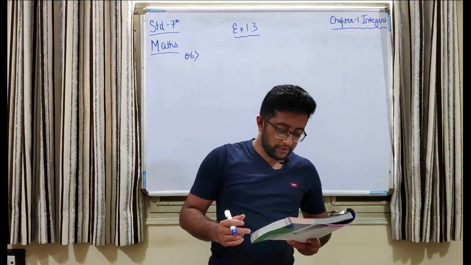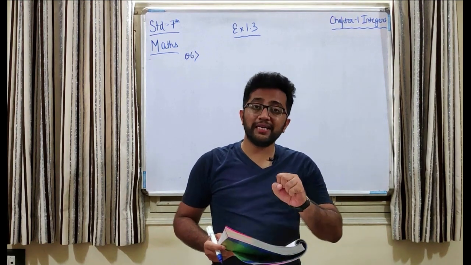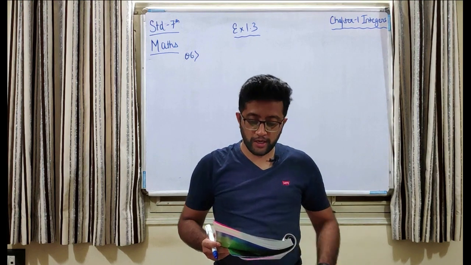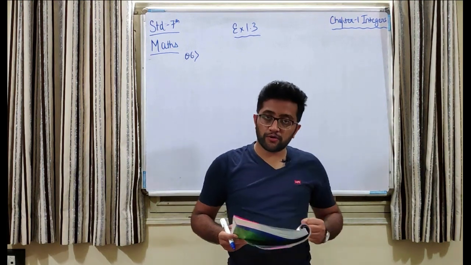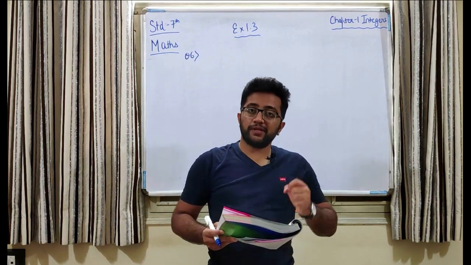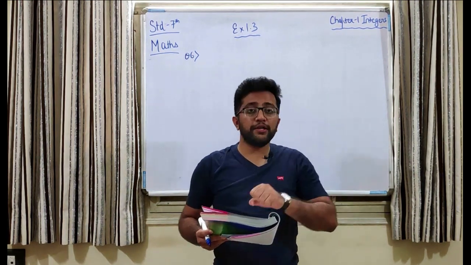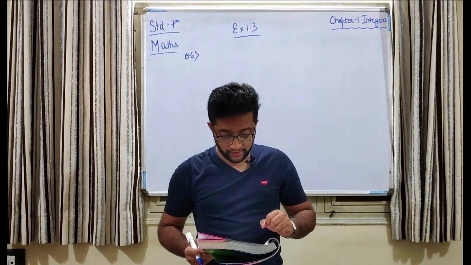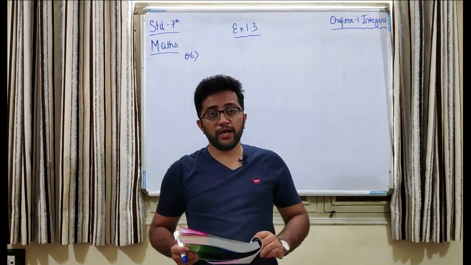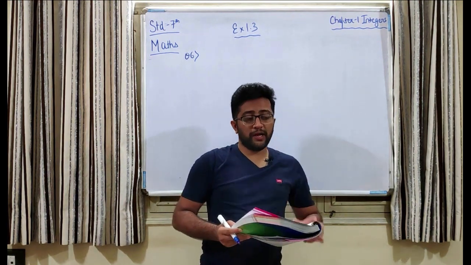A certain freezing process requires the room temperature to be lowered from 40 degrees Celsius by 5 degrees Celsius every hour. So there is a particular freezing process, and the present room temperature of that room is 40 degrees Celsius, and it gets reduced by 5 degrees Celsius every hour. So what will be the room temperature after 10 hours? They are asking you the temperature of the room after 10 hours.